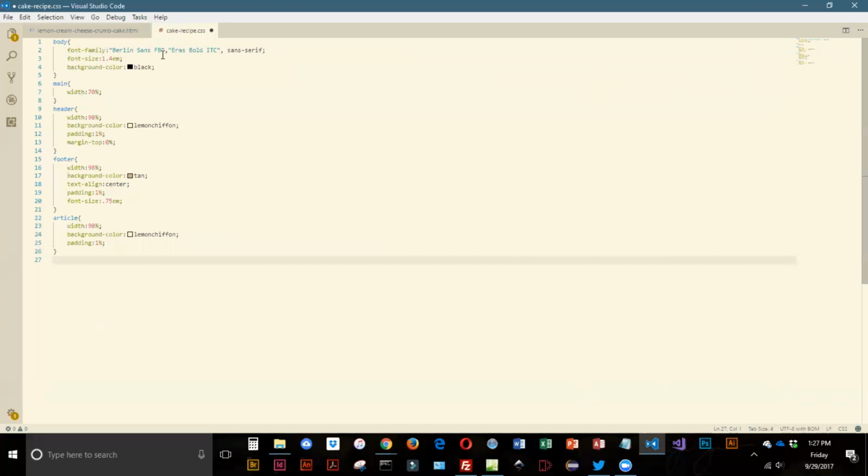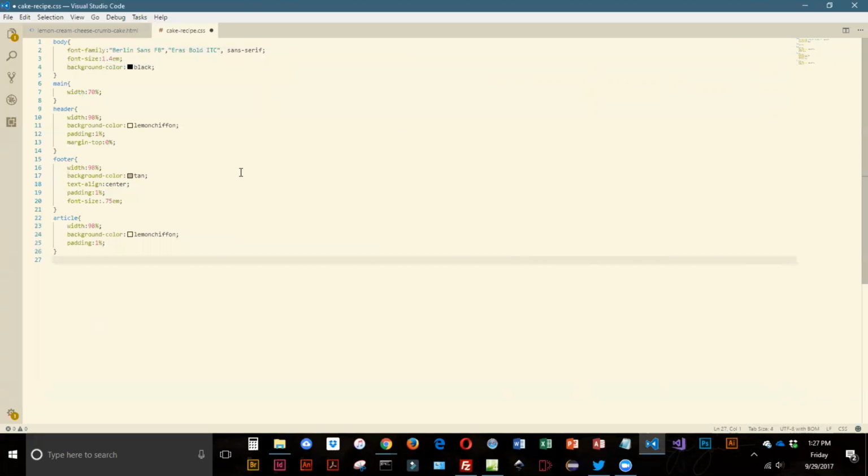If the user doesn't have either one of them on their computer, it goes to the generic sans serif. For the size, we have about 40% larger than the default. That's what 1.4 is doing. And we're setting the background color for the page itself to be black,